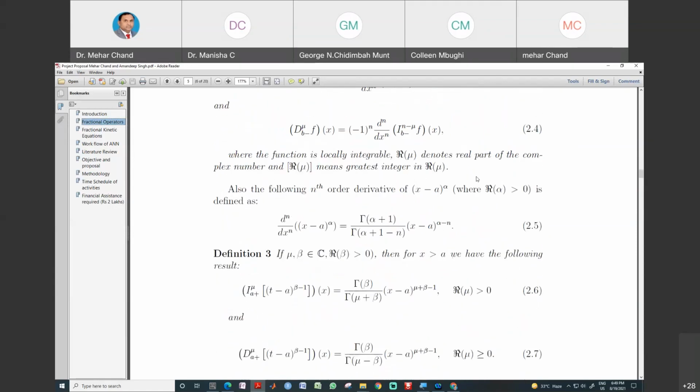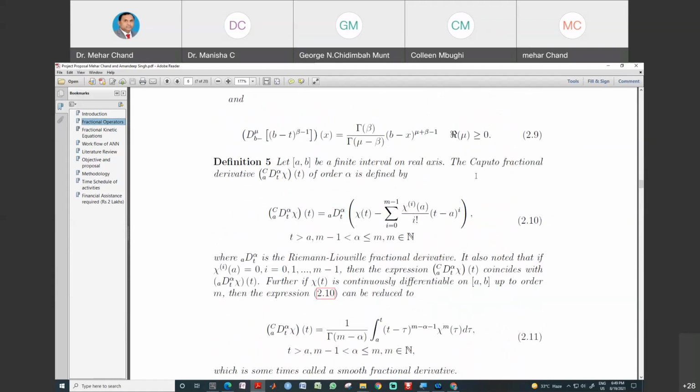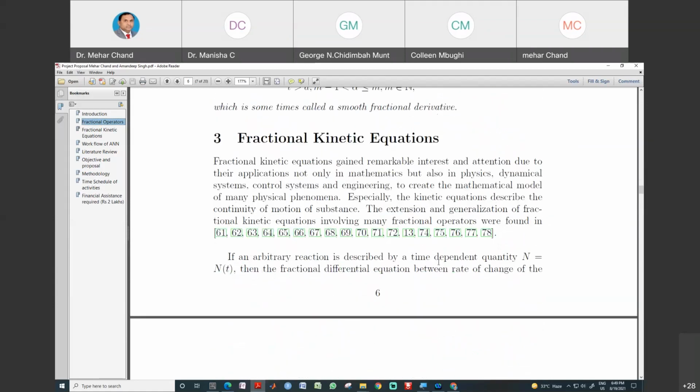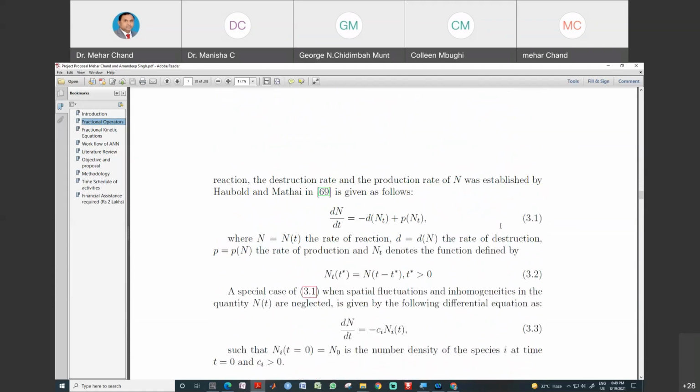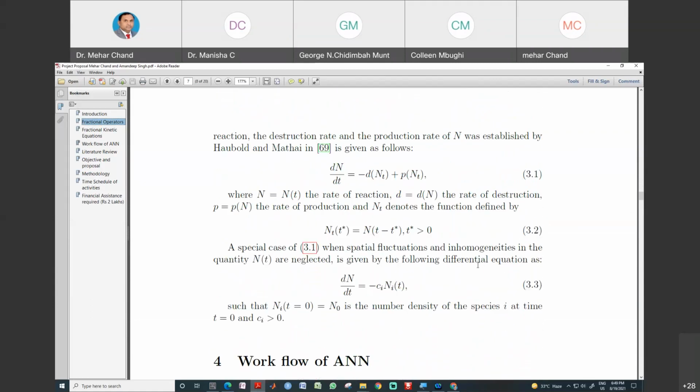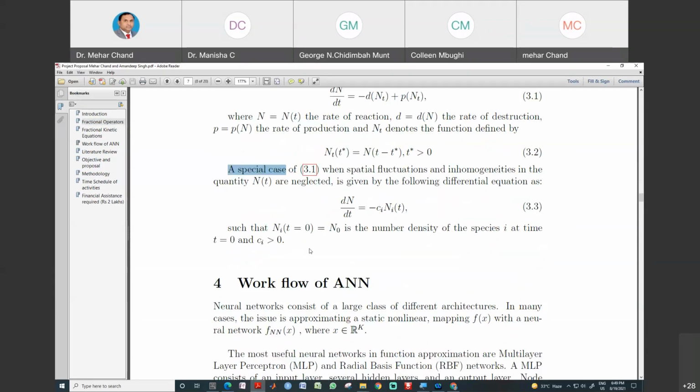Okay, so some more I want to explain. In the same way, if there is a reference to a figure, you can see here, this is equation number 3.1. You can see a special case of 3.1. When you click this 3.1, you can see the equation 3.1 on the top.